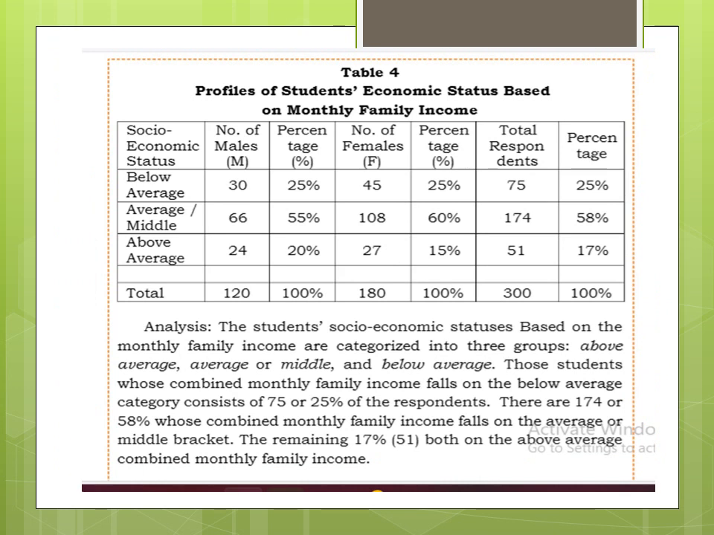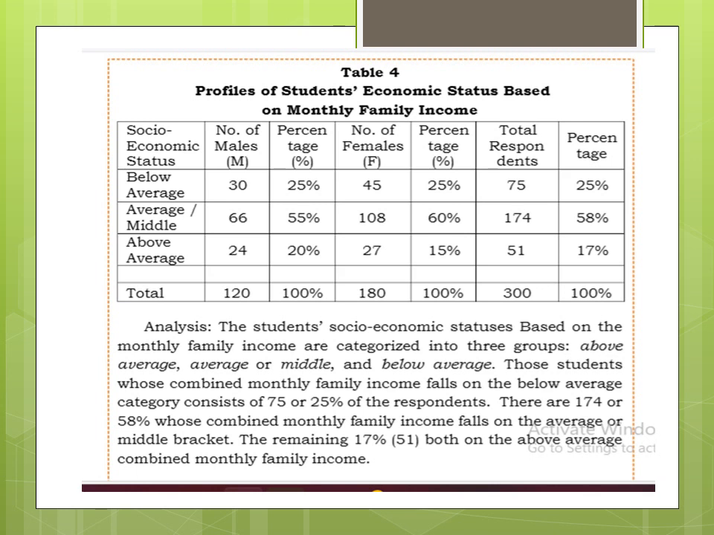For table number 4, profiles of students' economic status based on monthly family income. Here's the analysis. The students' socioeconomic statuses based on the monthly family income are categorized into 3 groups: above average, average or middle, and below average. Those students whose combined monthly family income falls on the below average category consist of 75 or 25%